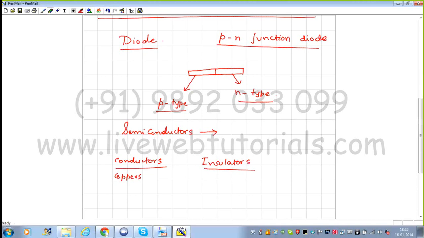Even in elements we can have non-metals like phosphorus, sulfur. These materials normally will not be able to conduct electricity. Semiconductors are a combination of the third of these classes. Normally materials like conductors, copper, will be having free electrons. These are going to be metallic electrons.